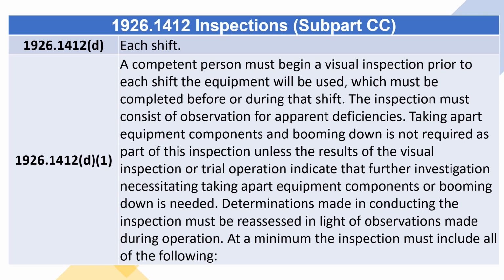The inspection must consist of observation for apparent deficiencies. Taking apart equipment components and booming down is not required as part of this inspection unless the results of the visual inspection or trial operation indicate that further investigation necessitating taking apart equipment components or booming down is needed. Determinations made in conducting the inspection must be reassessed in light of observations made during operation. At a minimum, the inspection must include all of the following: